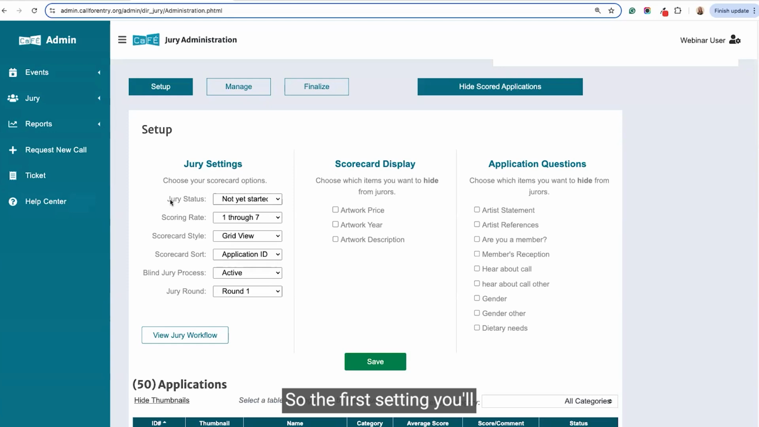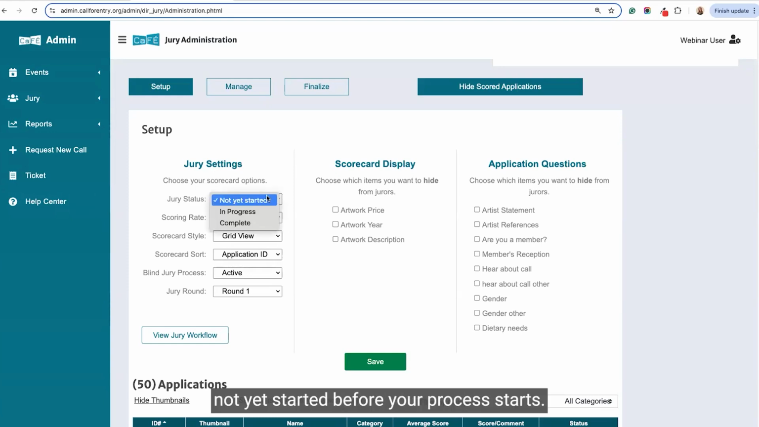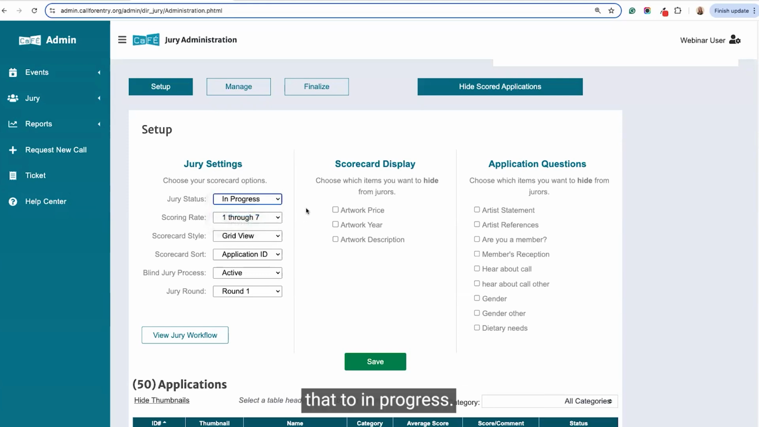So the first setting you'll encounter is the jury status. It will be set to not yet started before your process starts. But when you're ready, you'll go ahead and change that to in progress. Doing this also kind of pulls down a curtain for artists so that they can no longer see the status